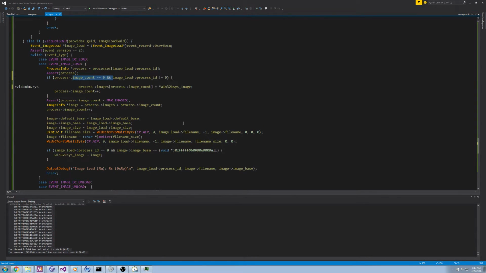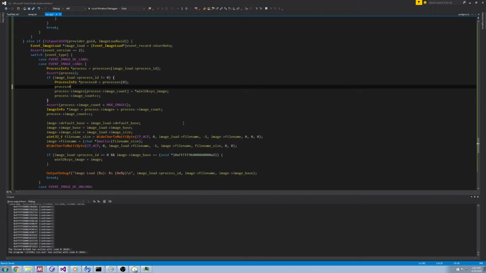So yeah, I think the first order check is to make sure we're not dealing with a pseudo process. And then once we've done that, we can say actually, we can get this process 0, and then we should assert that